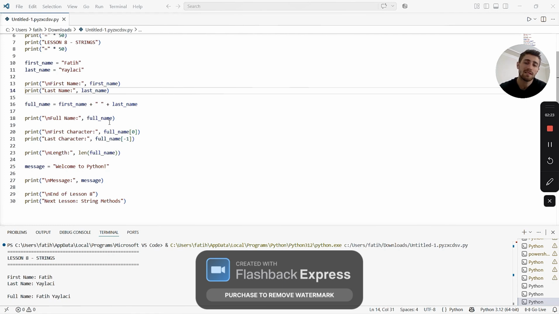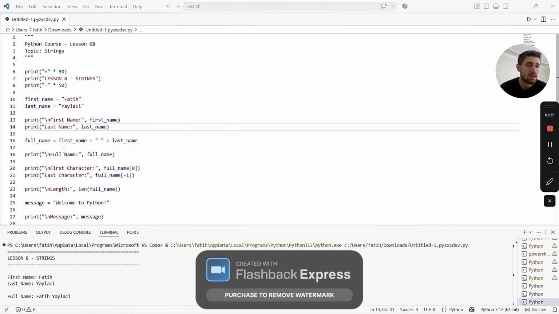And the code explanation. First name equals Fatih. This line creates a string variable called first name. The value Fatih is stored as text, and the last name, Yaylacı.